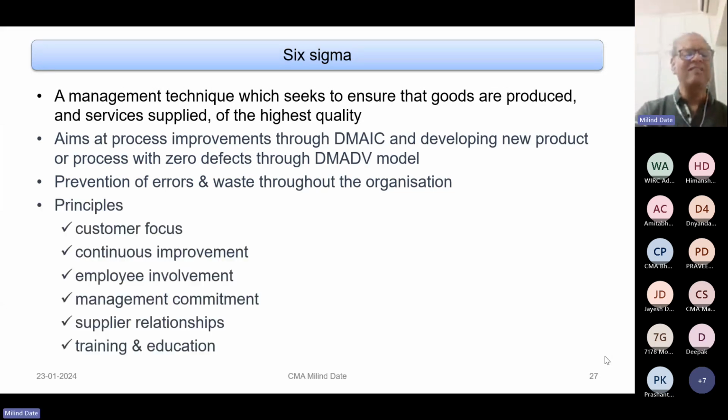It has the characteristics of keeping the customer in focus always, seeking continuous improvement, employee involvement, commitment of the top leadership, vendor selection, who also have similar systems set up in their organizations, and continuous training and education to your employees. Hardly likely to be tested in depth in the examination, but at least we should get introduced to this, we should know this.